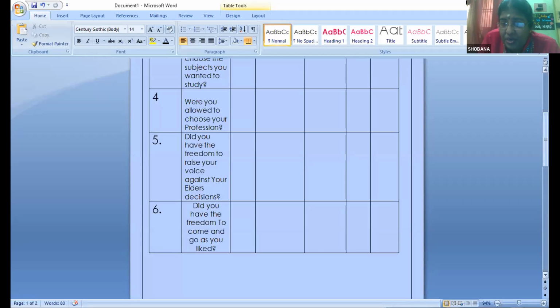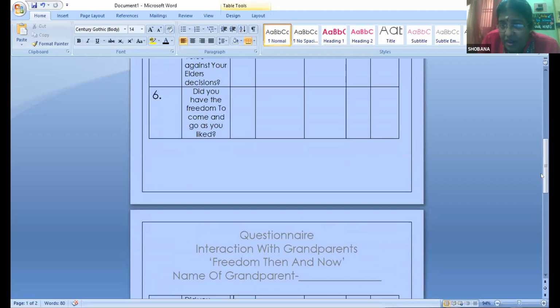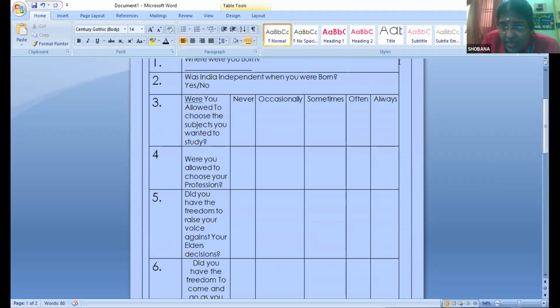Now, what you need to do is start framing your questions. Okay, Mehran, you wanted to save it. You can save it. Okay, Dhyan. Now, what is the third step? He told us you need to write the name of the grandparent. Where were they born? Then we have to fill up the question and answer, based on our discussion.